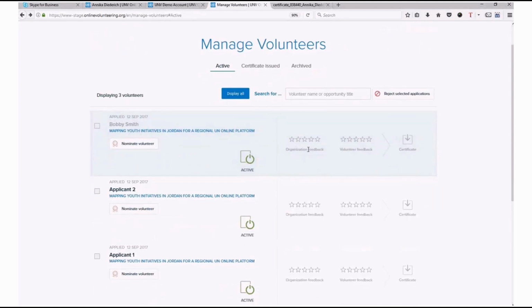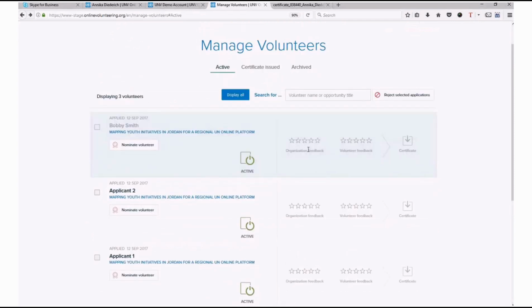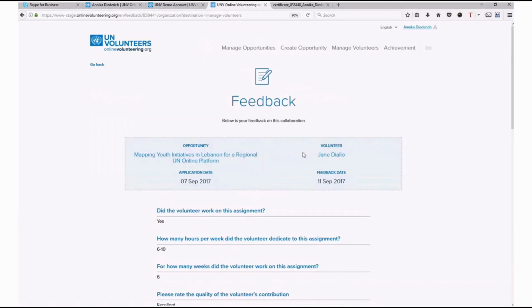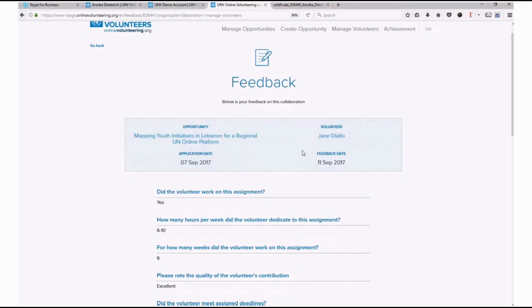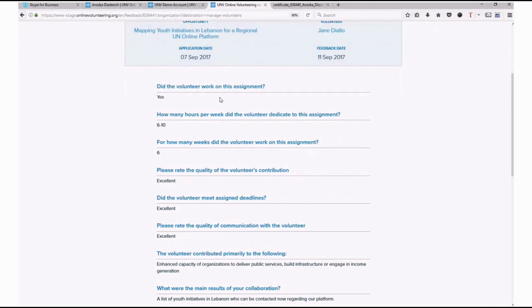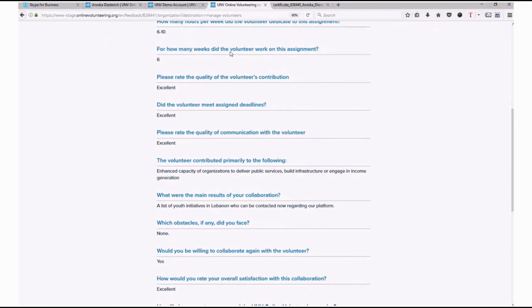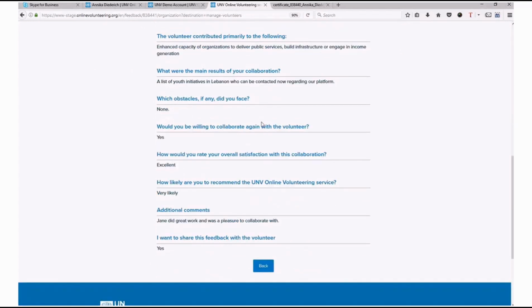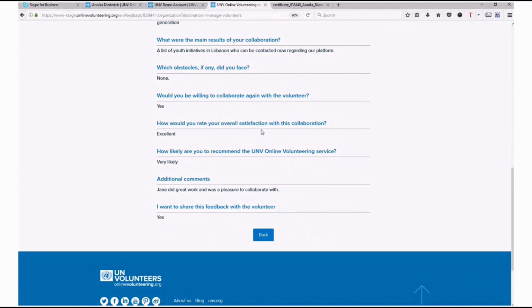Once the volunteers have submitted the products and have completed their task, we ask both you as the organization and the volunteer to complete respective feedback forms to tell us, and if you like, also tell each other how happy you were with the collaboration. I will quickly show you what this feedback form looks like. It's very basic information about how satisfied you were with the collaboration with the volunteers, where you just answer questions: the quality of the volunteers' contribution, whether deadlines were met, whether you would like to collaborate again with the volunteer, and then you can choose to share this feedback with the volunteer,